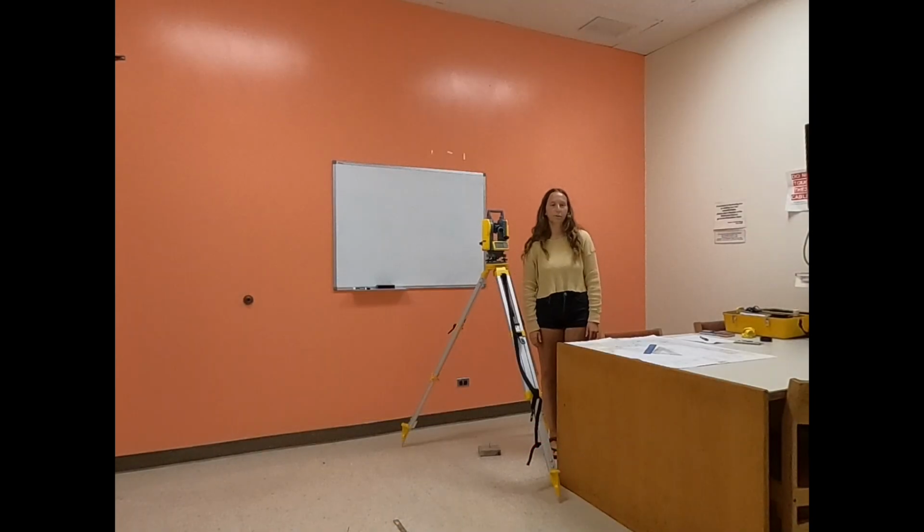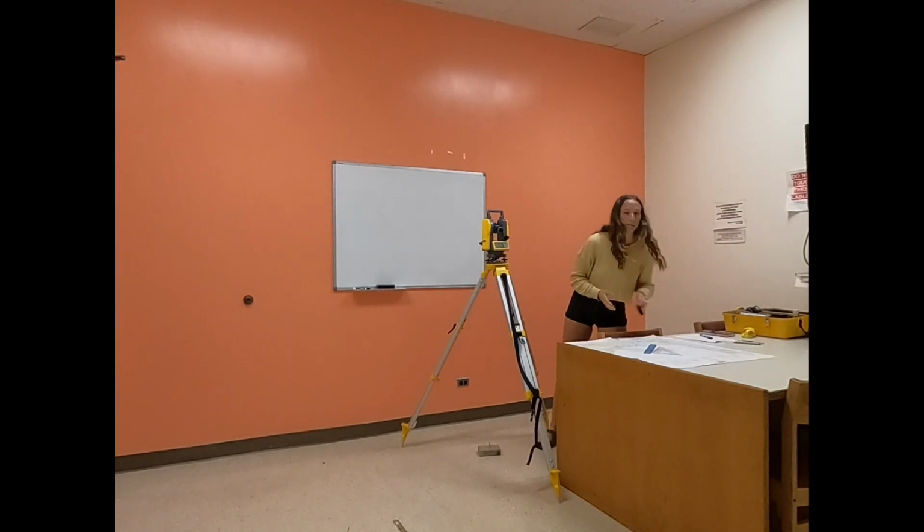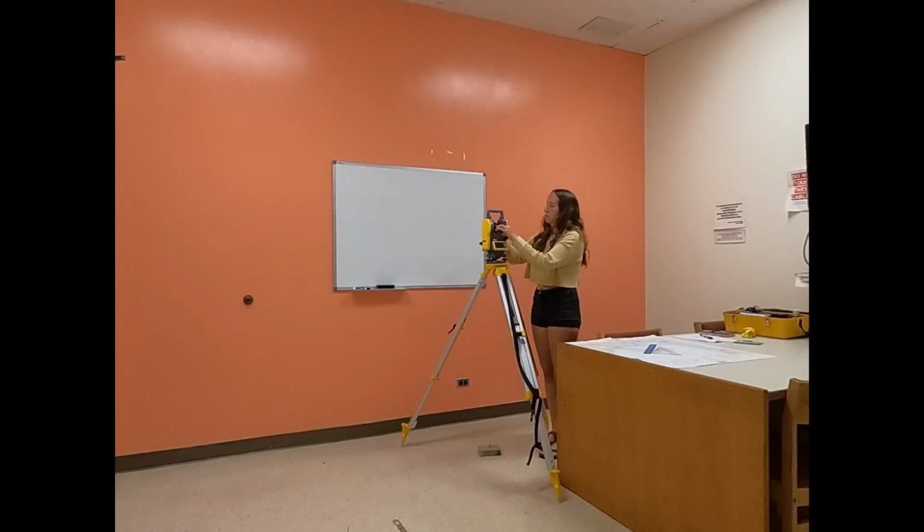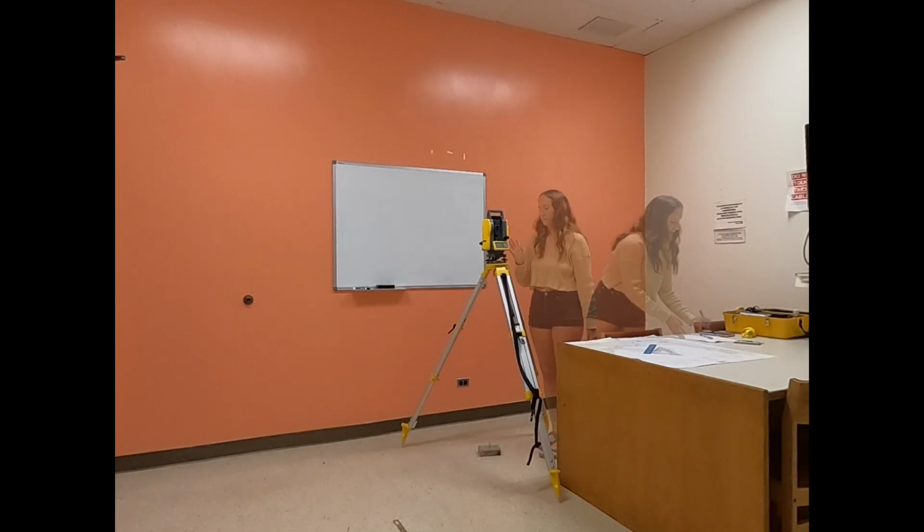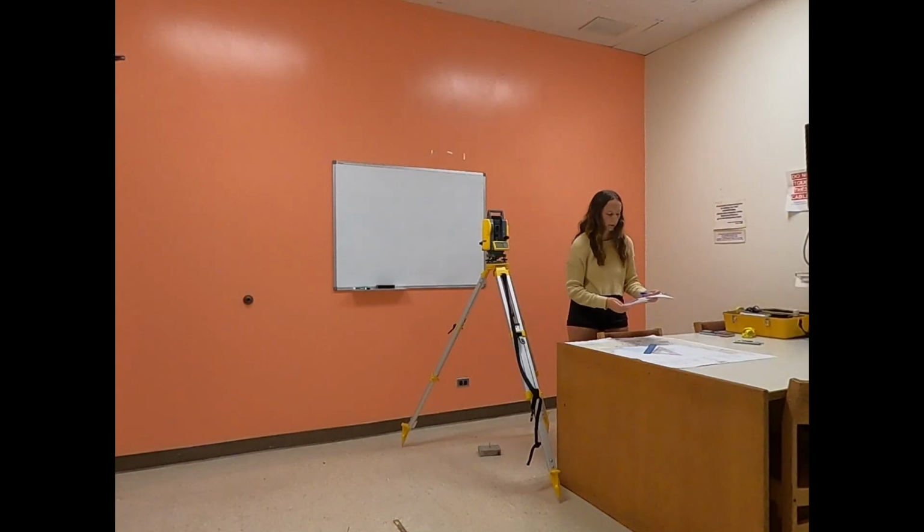Hi guys, now we're on to our last part, which is calculating the latitude and longitude. So we just finished collecting our points. We're then going to want to put the lens cap back on our theodolite, move the telescope up, and just turn it off here. By holding the orange button, you'll hear one beep. It'll say off. So here on our manual, you can separately take vertical angle 1, 2, and horizontal angle, and